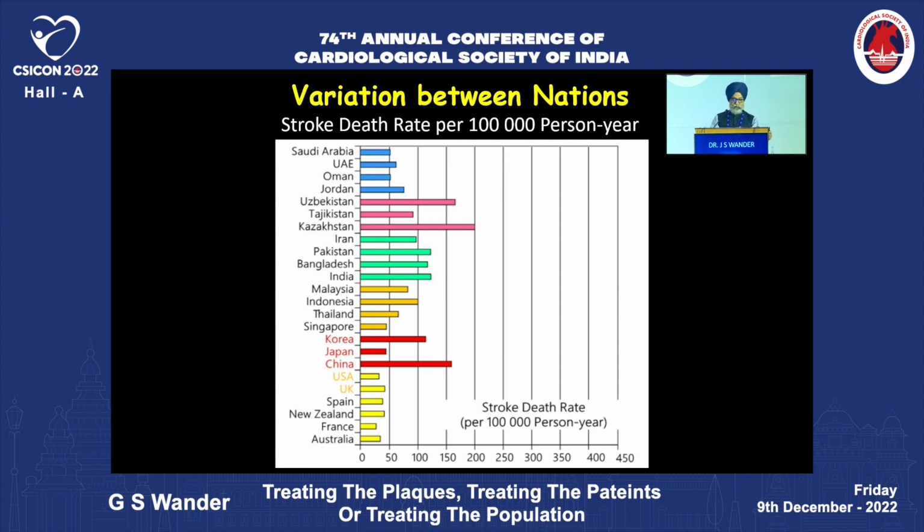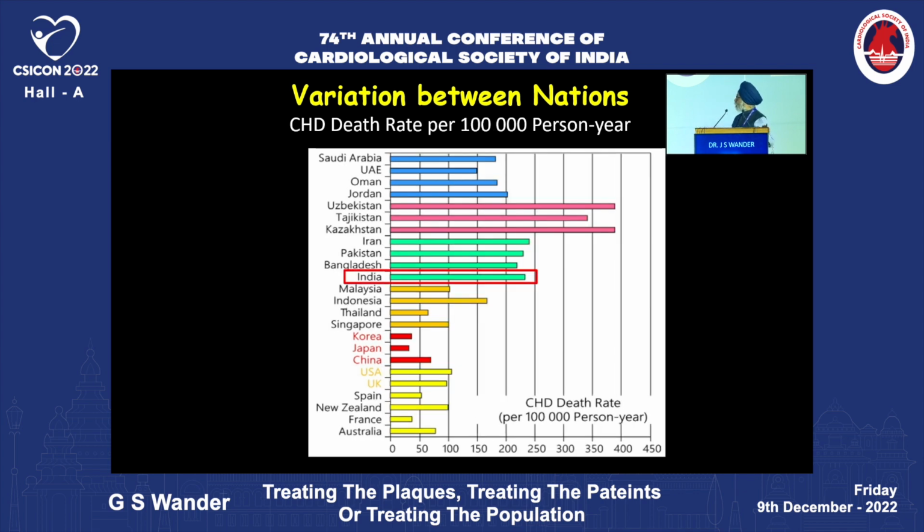have a much higher stroke rate per 100,000 person years as compared to, if you look at this particular reflection, the stroke death rates in South Asian countries, in India, Bangladesh, Pakistan, is very much higher than some of these developed countries. So you can realize that the stroke rates, the coronary event rates, the South Asian population is